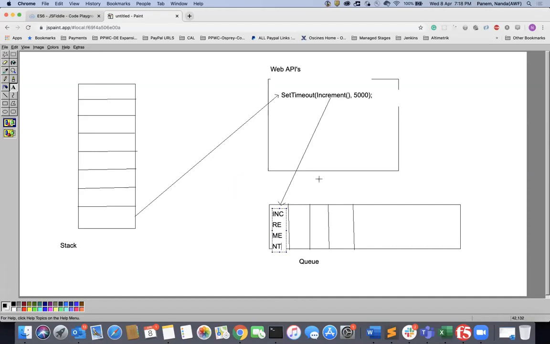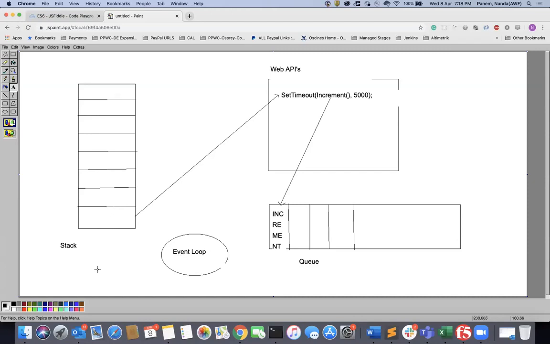So when will it be executed? We have a concept in JavaScript called the event loop. The event loop executes continuously, every fraction of a second. The event loop's main work is to check the stack.